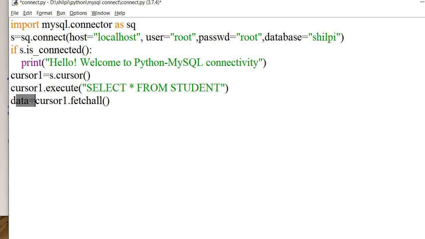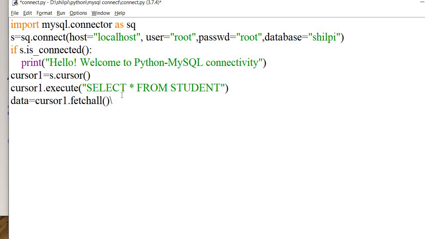This data is the user defined variable which will collect all the data extracted from cursor1. It will contain a list of tuples. Each and every row in a table is a tuple, so all the tuples will be collected in the form of a list. So data is basically a list of tuples in which each tuple is a row of the table. Everything is there in data.